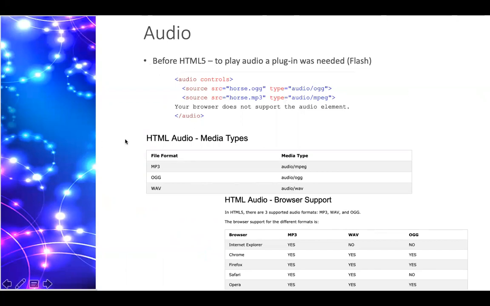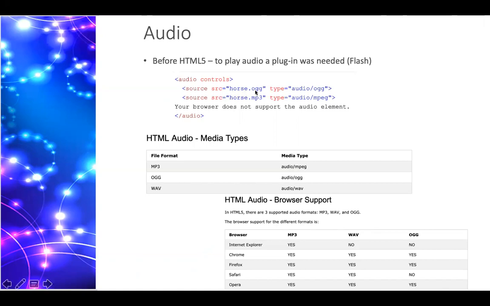So audio, before HTML5, we had to use Flash to play audio on your web pages. So now it's just a tag. You see where it says audio right here, this tag, you can just embed it using these tags. And controls is just an extra parameter that allows you to stop and play and control the volume, those kinds of things. These right here, the source is the